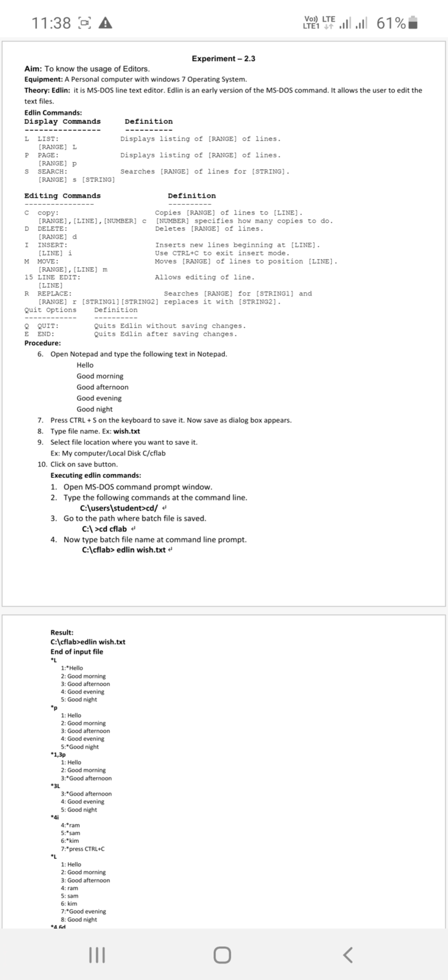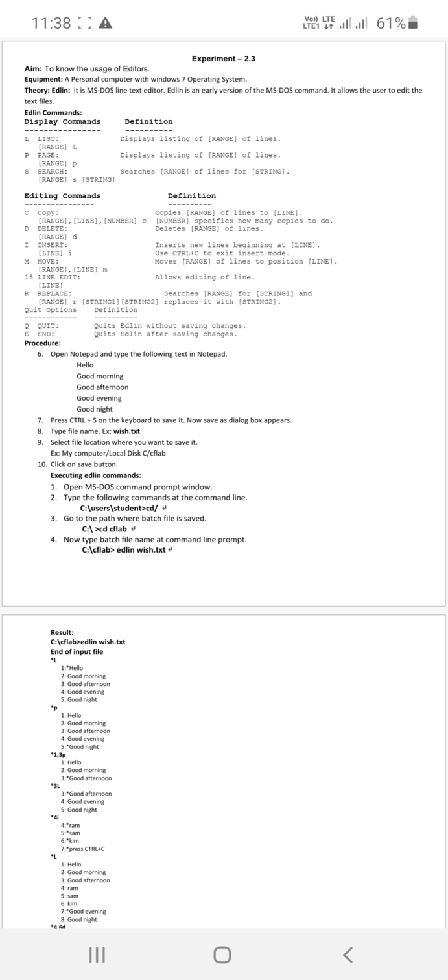First one is copy, denoted by the letter C. First we specify the range, then the line, then the number, and use the letter C. This copies a range of lines to a line. Here the number specifies how many copies to make. Next one is delete, denoted by D. First we specify the range and then type D. It deletes the range of lines.